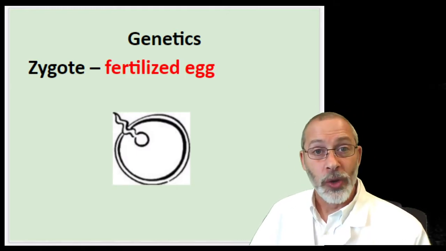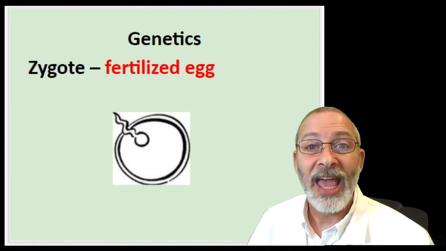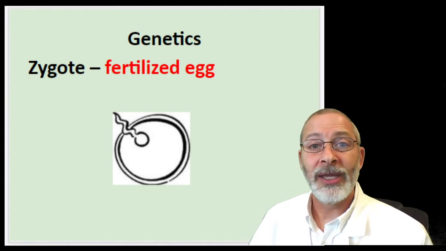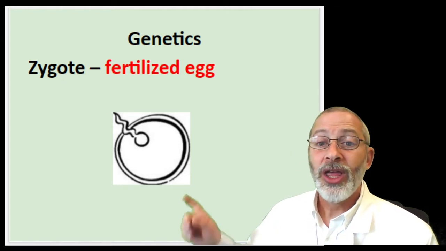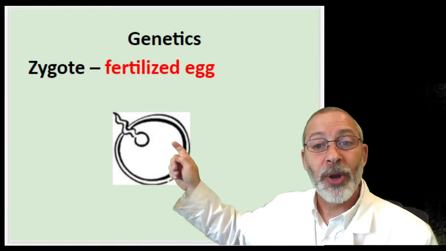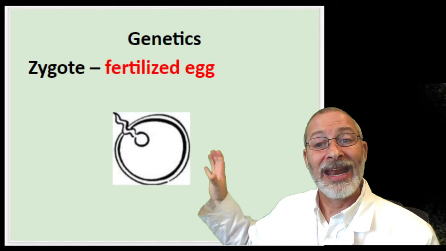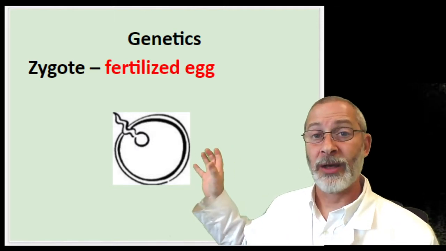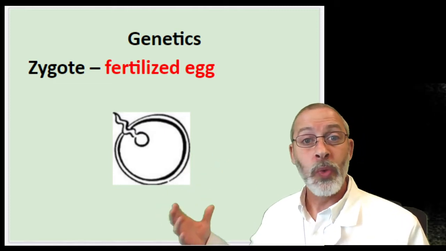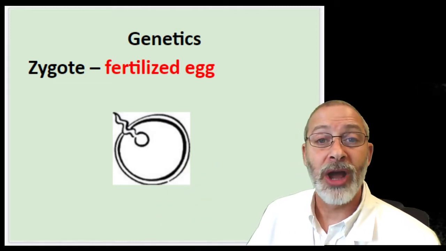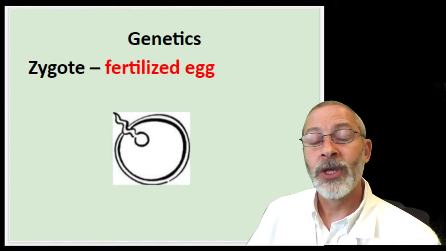Zygote, very simply put, is a fertilized egg. So when a mommy and a daddy really love each other and they get together, the father's sperm fertilizes the mother's egg, and at that point, it becomes a fertilized egg. The one word used in science to describe a fertilized egg is a zygote. So a zygote,